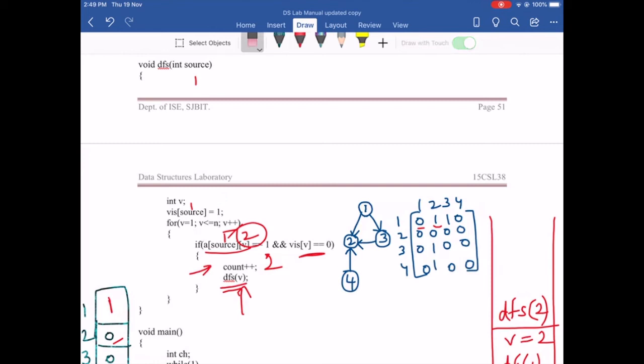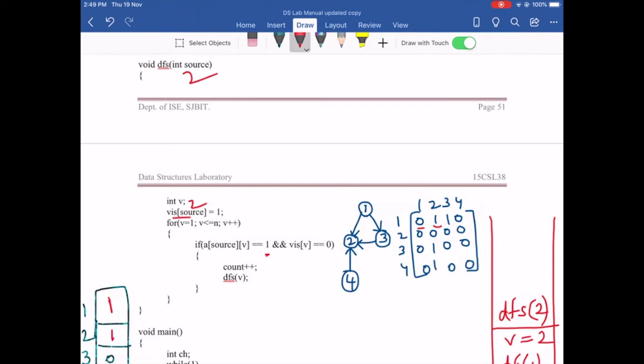Coming back to your DFS function, now the source becomes 2 instead of 1. Now we will check what all nodes I can reach from node 2. The source is now 2. We are going to make visited of 2 as 1 to indicate that we are visiting that particular node, so the value becomes 1.